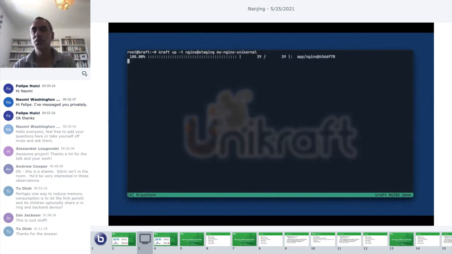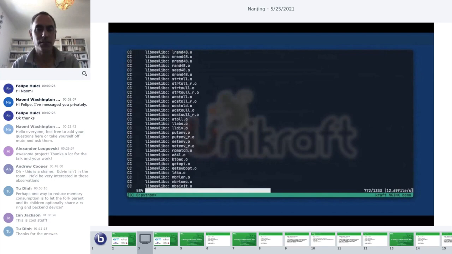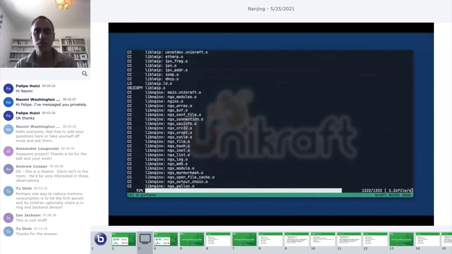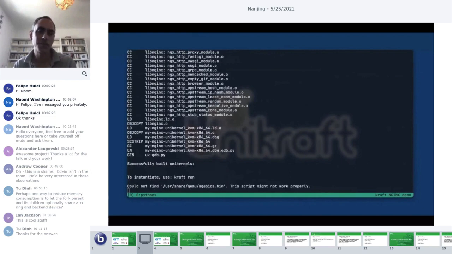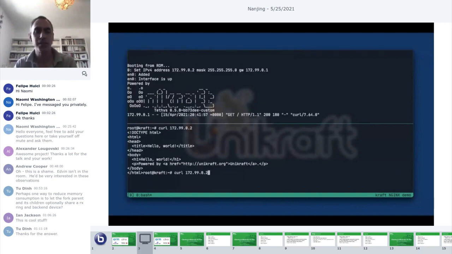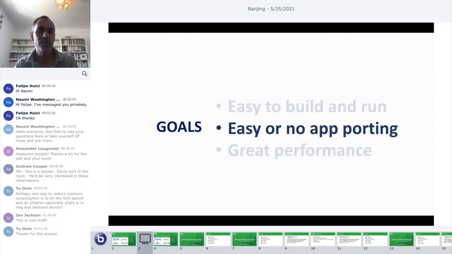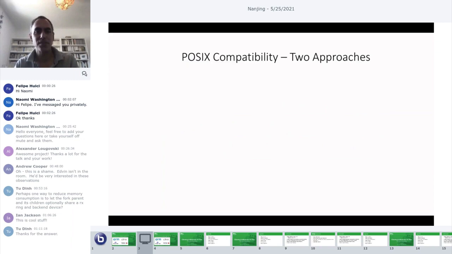So going back to our goals, the first one was that it should be easy to build and run. And there's no easier way to show that than a very small demo. Basically, here we're using Kraft, which is Unikraft's ecosystem tool. We're going to say I want to build an nginx unikernel here at staging. We're going to name it. And then Kraft is going to go ahead and download all the necessary sources and start building them right away. The moment it's done, it's going to actually just set it up and run it. There it is. And then just to make sure that it actually is properly running, we're going to curl the dummy website. And there it is. And then we're going to do it one more time just to make sure it's working.